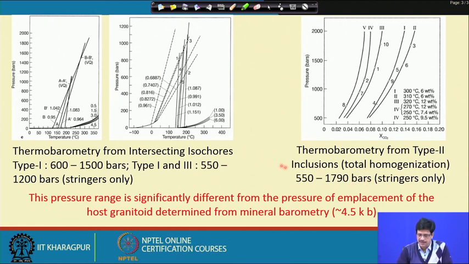This gives us an idea that if the mineralization took place at more or less a comparable crustal depth, then the pressure condition must have varied from something intermediate between lithostatic and hydrostatic, or completely hydrostatic. If it is purely lithostatic to hydrostatic, then they would represent some 4-5 kilometers depth of the mineralization taking place, and if we make it a hydrostatic condition, 500 bars also corresponds to that. So that would give us an idea of the temperature and pressure, I mean the depth condition of formation of this particular mineralization.